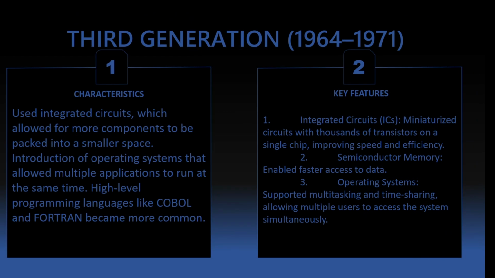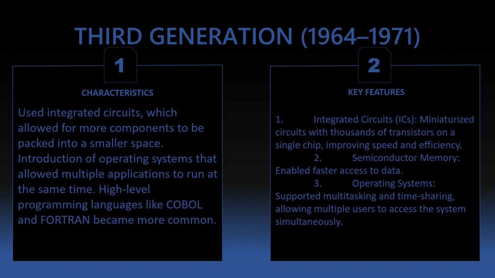Some characteristics of third generation computers include the use of integrated circuits, which allowed more components to be packed into a smaller space. Introduction of operating systems that allowed multiple applications to run at the same time. High-level programming languages like COBOL and Fortran became more common. Some key features include: